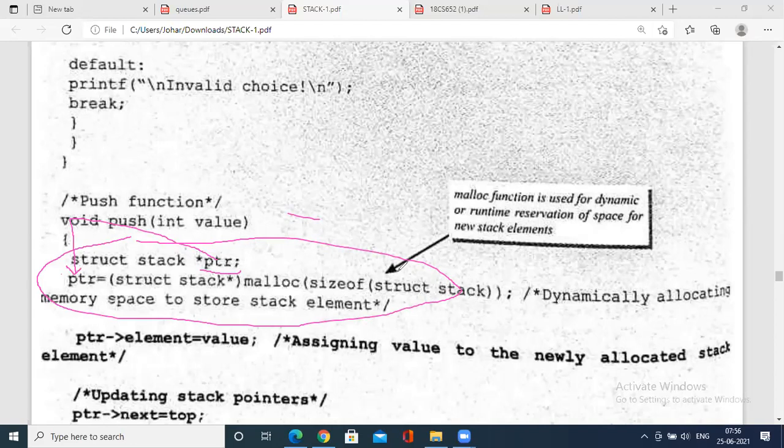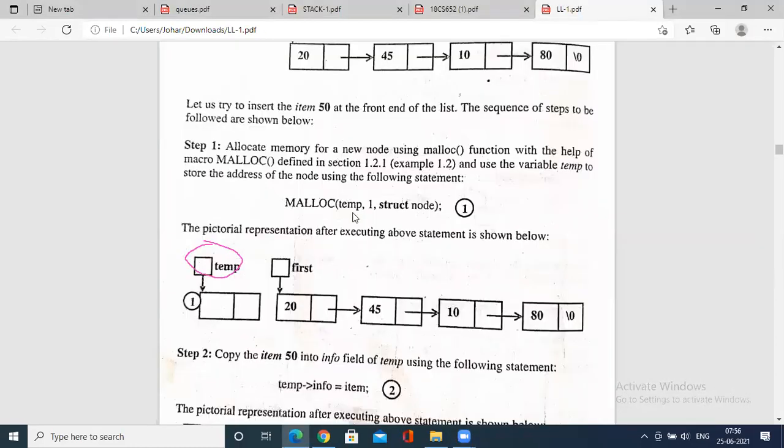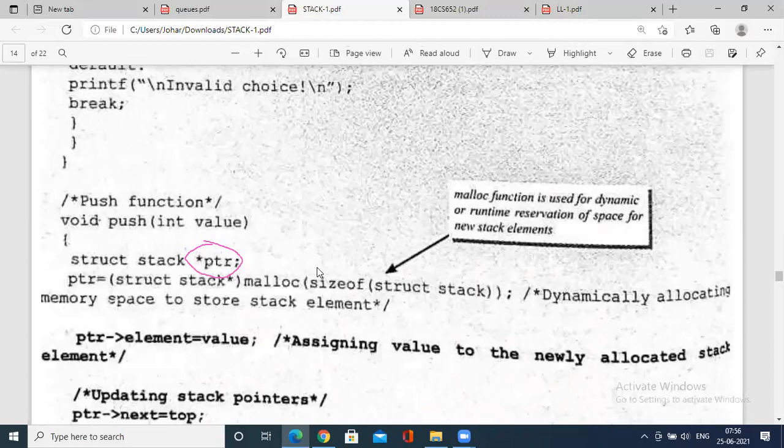Next is the basic thing. Once again, when you call push num1 using the concept of stack, you have to create a pointer. It is the same as how you create temp: you dynamically allocate a struct stack, malloc of size of struct stack, called PTR.